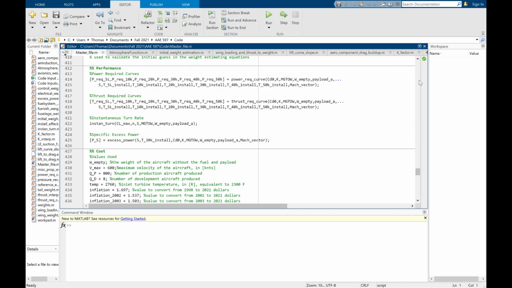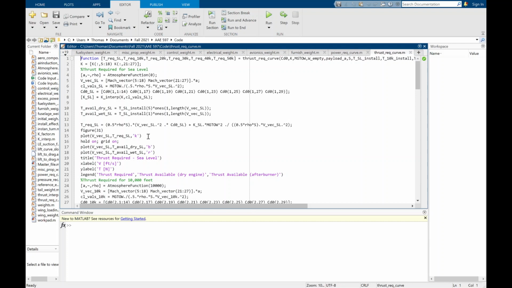Once we run this, we'll then be able to quickly reference, if we wanted to do a trade study, we could quickly say, okay, what happens if we change the power required, then rerun an individual subfunction and recalculate it. So going now to the thrust required curve, this is very similar to the power required. Like I previously stated, the only difference is now